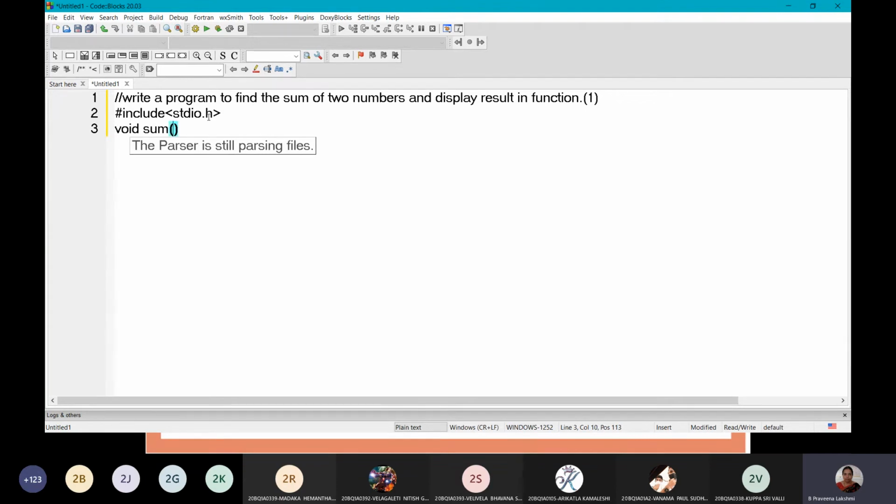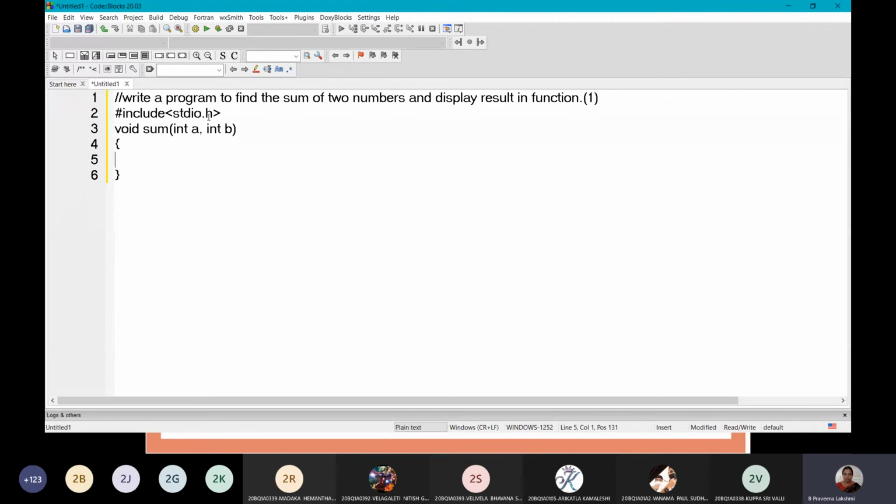Open brackets. This function is to add the 2 numbers, so we require 2 parameters: int a, int b. Now you can write the code to find the sum.